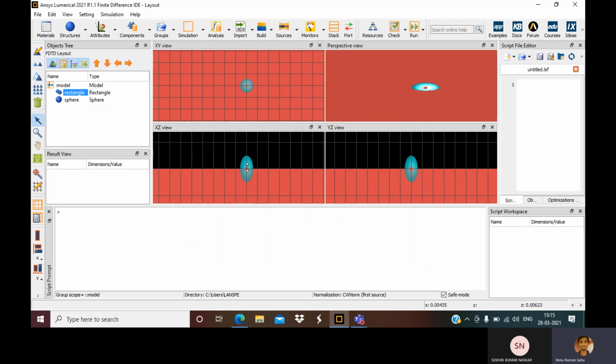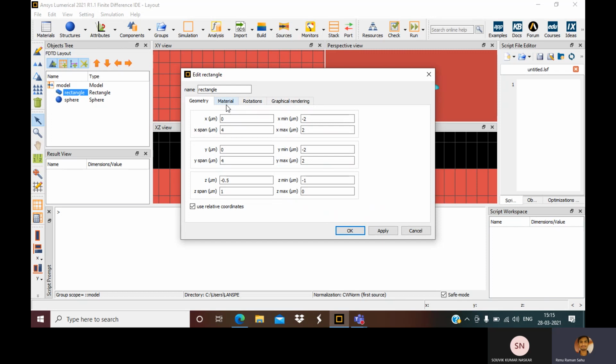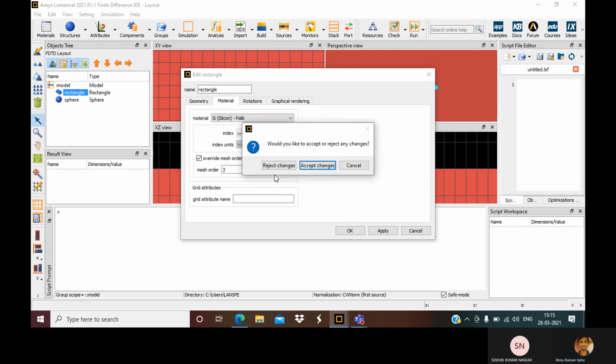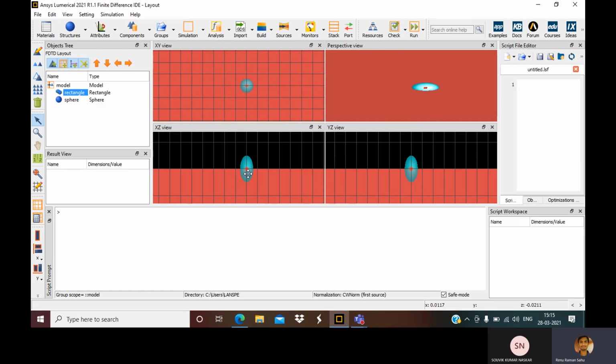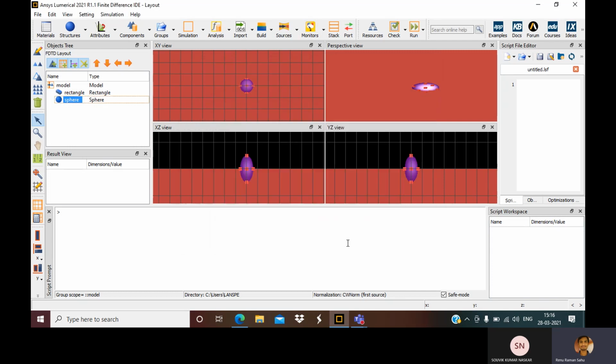Now since we have it in our database, we can change the material. Here, edit object, material, object. Okay, now we have the structure.